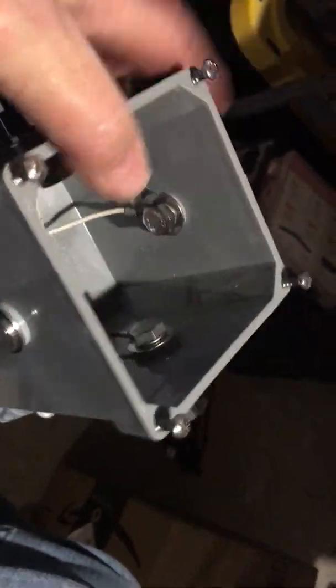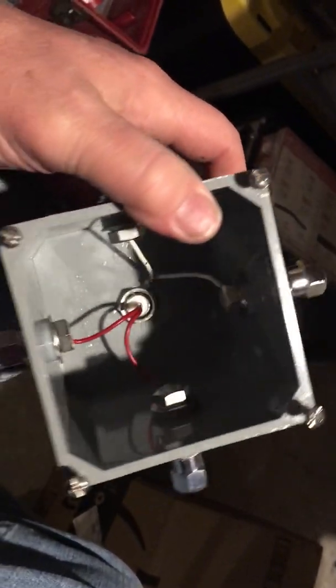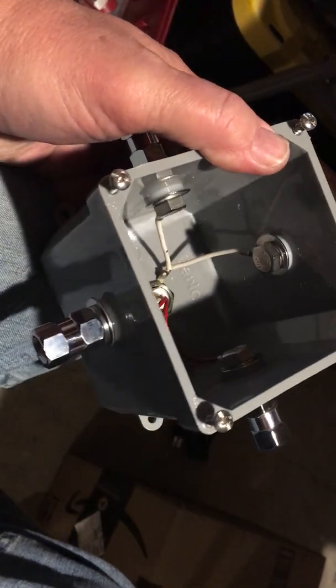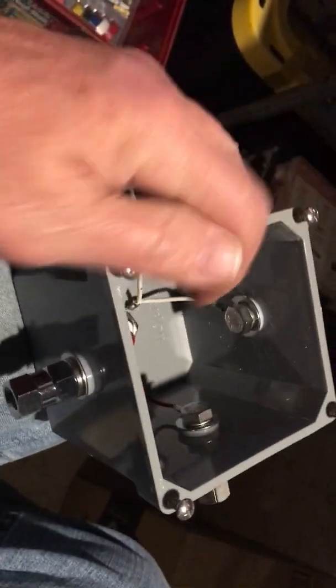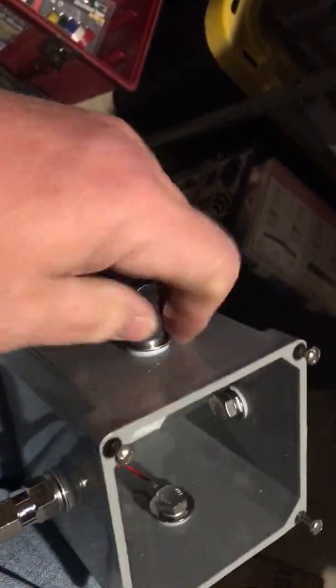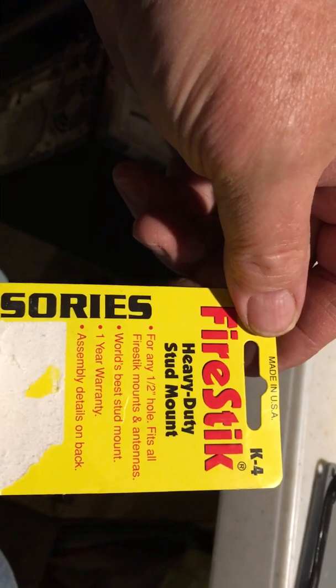Well, YouTube, I'm building a quad ham stick mount. What I'm going to do is 20 and 40 meters, dual band, I guess we'd call it. So all I did was I bought some of these FireStik heavy duty stud mounts, K4s, from Amazon, and then I bought some of these